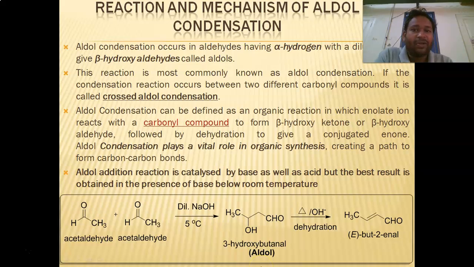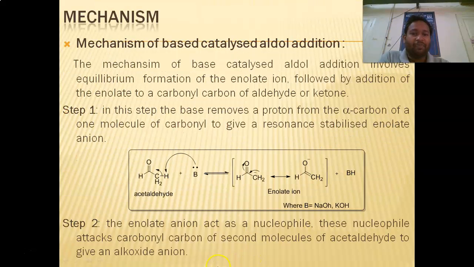So you have to remember that an aldehyde containing the alpha hydrogen atom undergoes self condensation with another molecule in presence of base, forming the beta hydroxy aldehyde or ketone, which is said to be an aldol condensation reaction. This aldol condensation reaction involves a 3-step mechanism. The first step is the formation of the enolate.